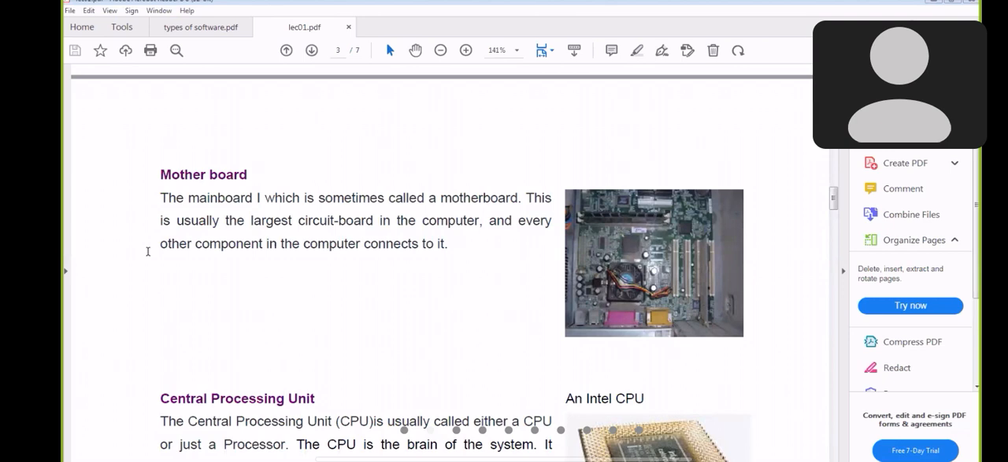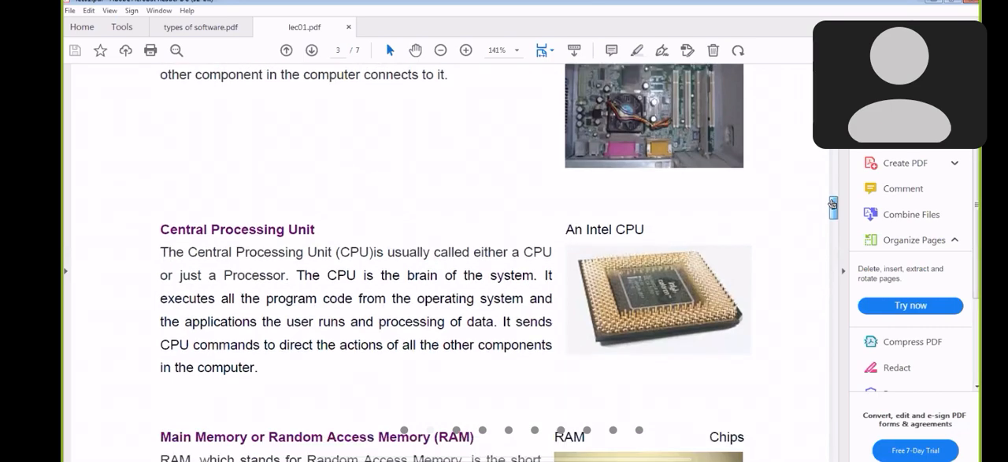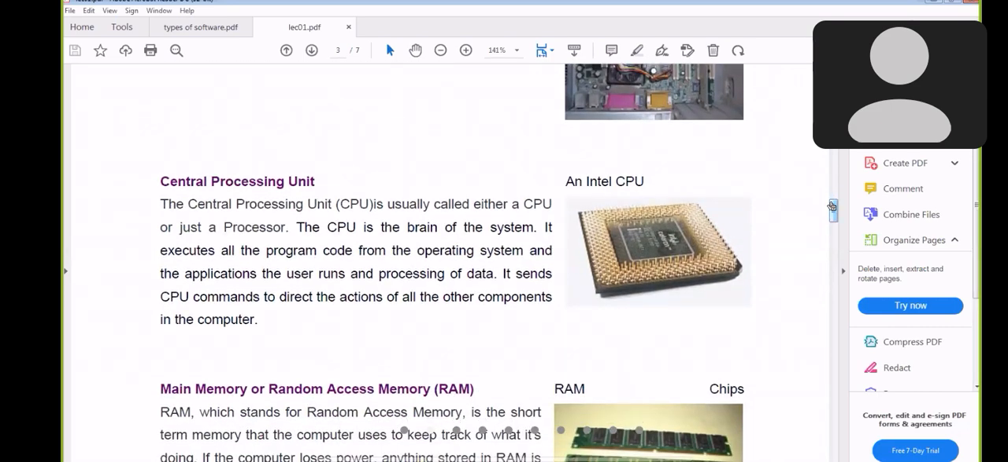On that motherboard, every IC is there. Your microprocessor is there. Your RAM is there. Your input-output connections, whatever connections of your SMPS, power supply, ICs, are connected to that board. That is the main board. That's why it is called the motherboard. Each company is manufacturing different motherboards. Another is the central processing unit. This is called as